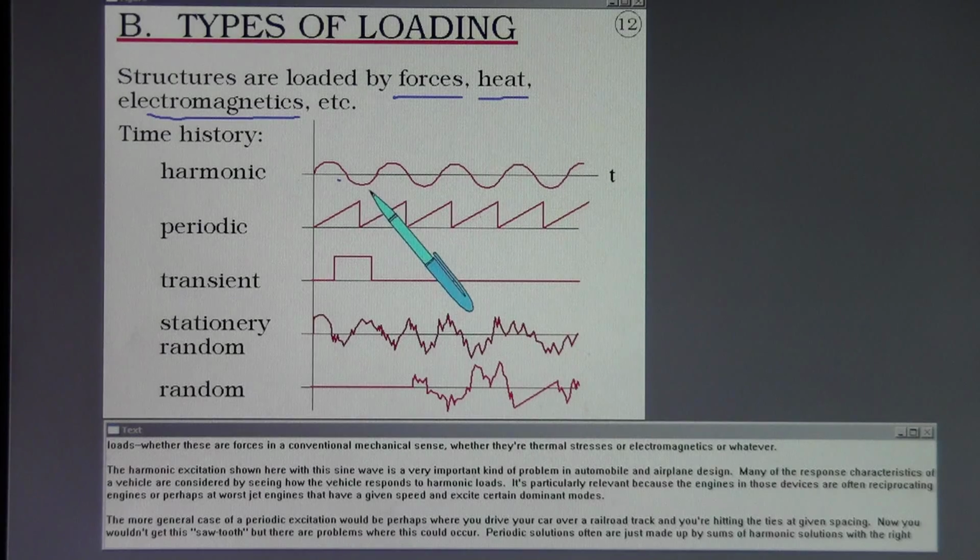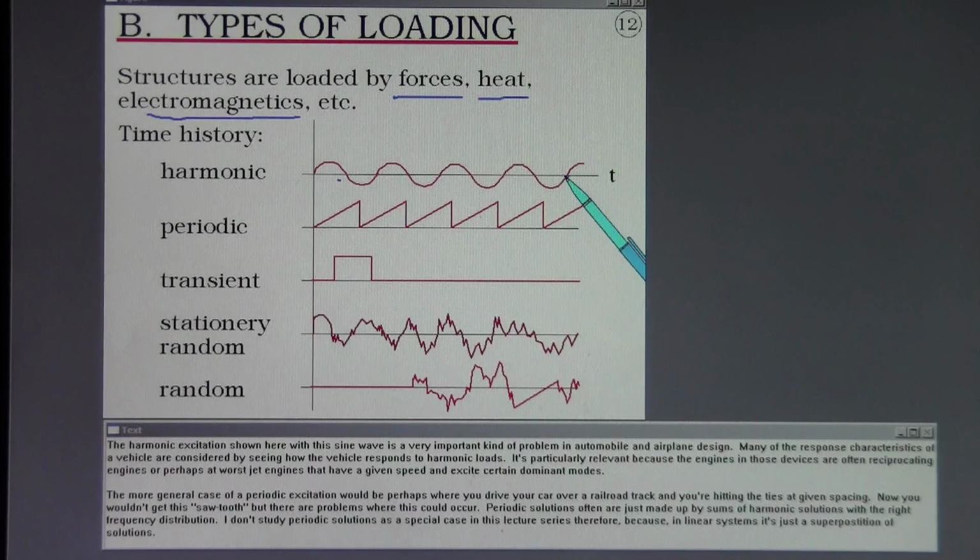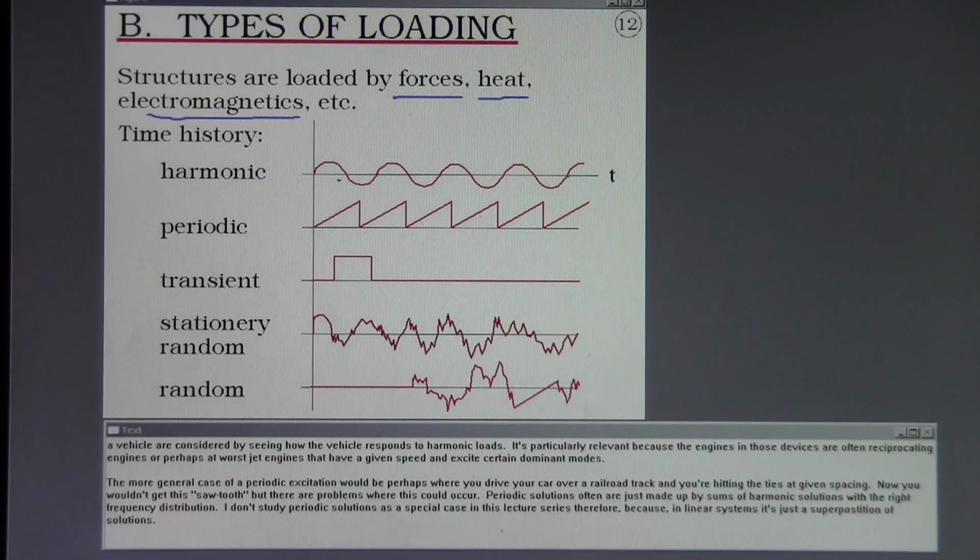The harmonic excitation shown here with this sine wave is a very important kind of problem in automobile and airplane design. Many of the response characteristics of a vehicle are considered by seeing how the vehicle responds to harmonic loads. It's particularly relevant because the engines in those devices are often reciprocating engines, or perhaps at worst jet engines that have a given speed and